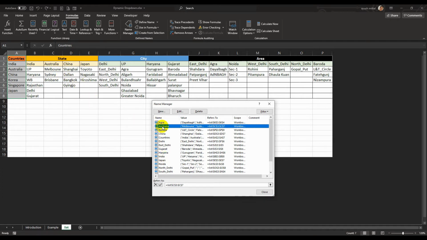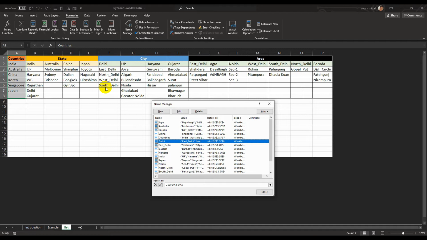Similarly, Australia, China, Japan, and for each country we have given the particular states. Say for India, I have taken the example of India only right now. Say the city name is Delhi, so I have given the reference Delhi, and it has got this many range.